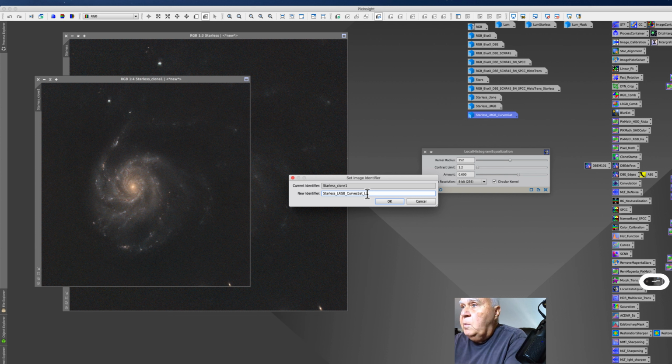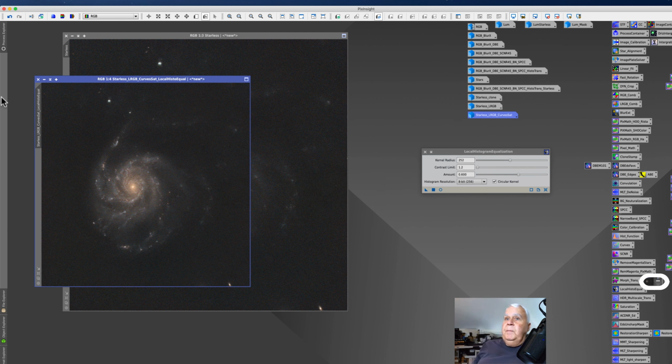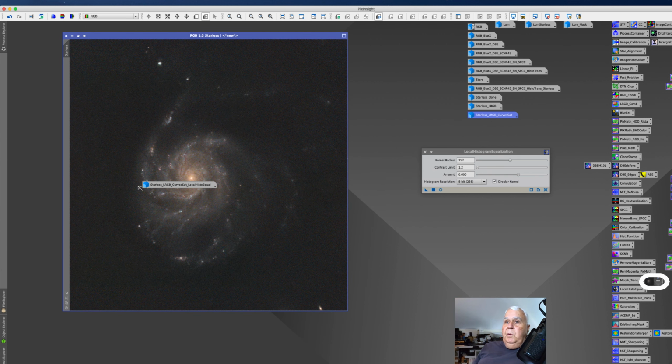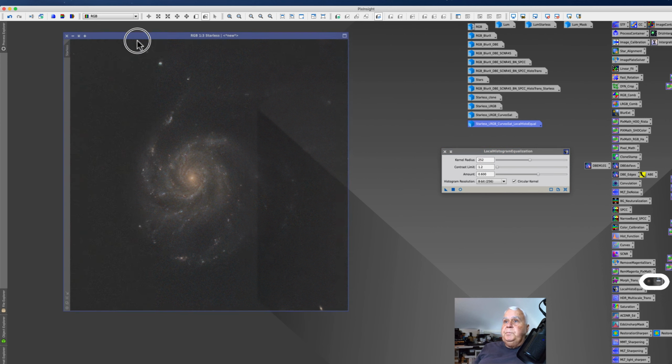And local histogram, not local histogram. Can't find the keys. Local, so equalization. All right. So we have where that's applied after curves, and this is